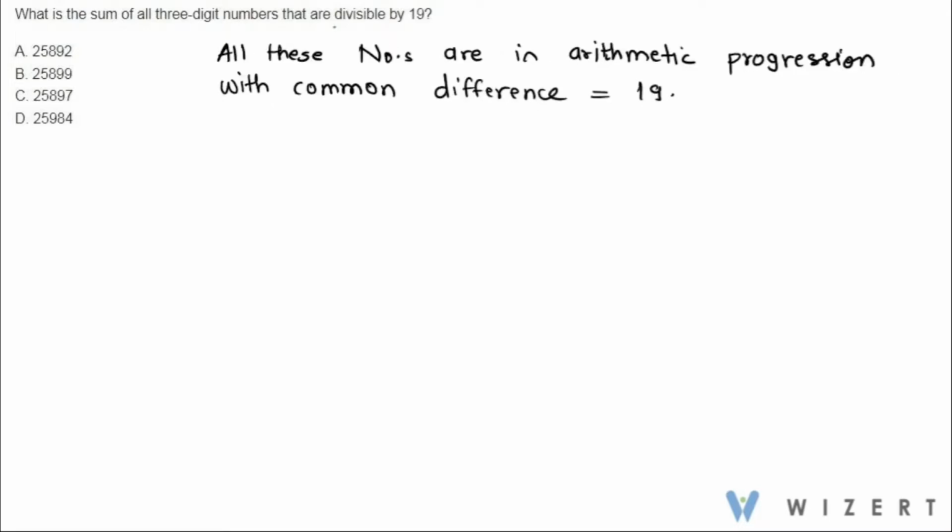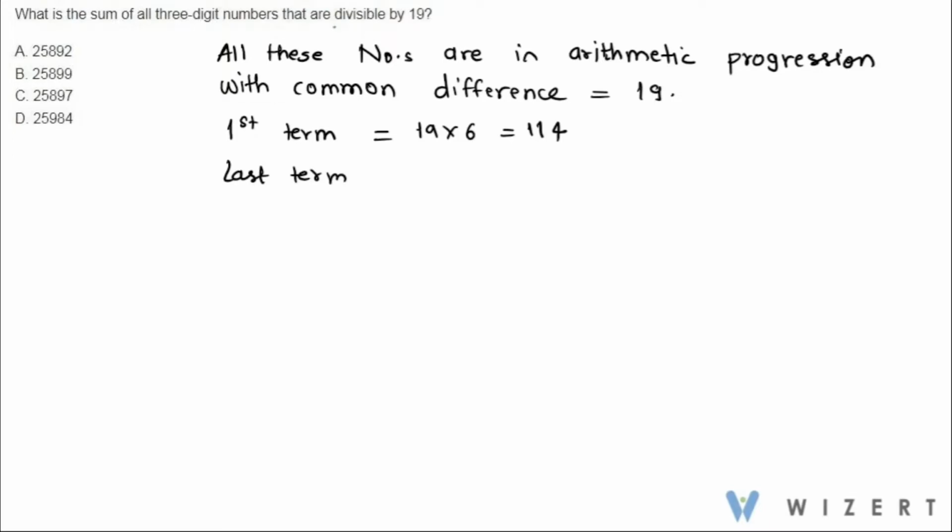If we look at it, the first term of this progression is 19 into 6 equal to 114. The last term in this progression is